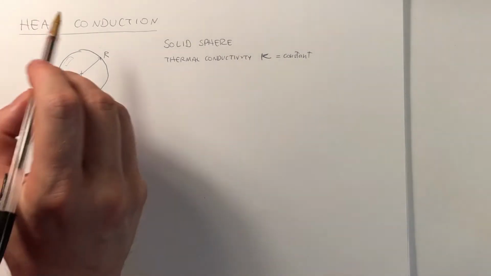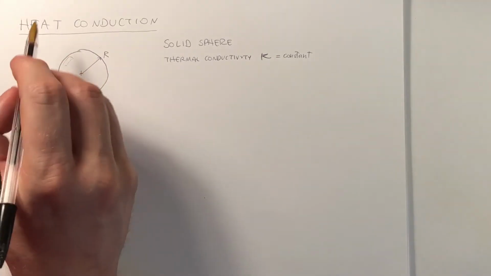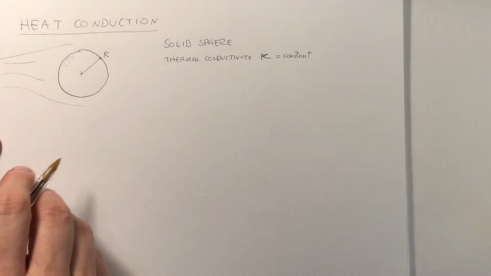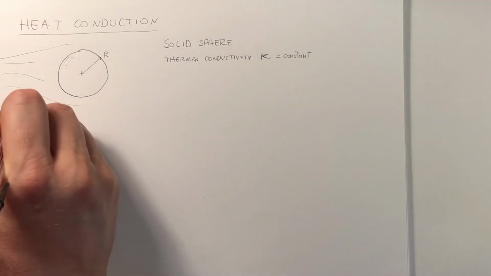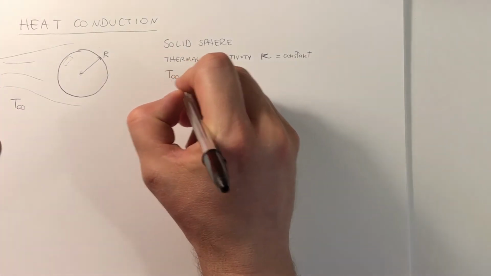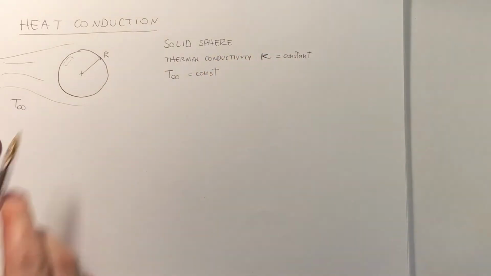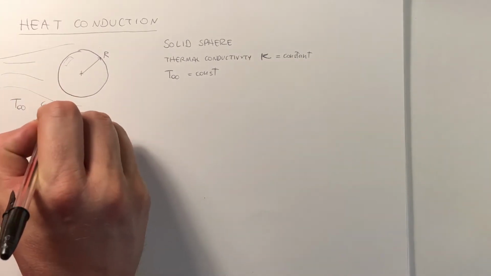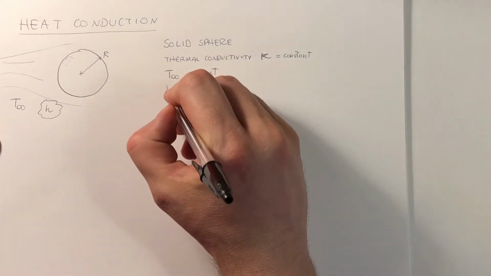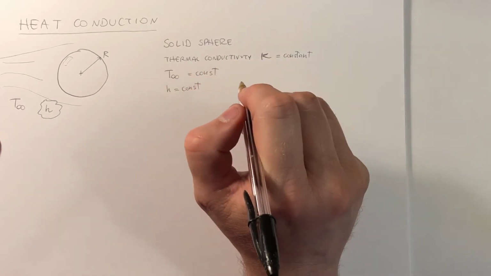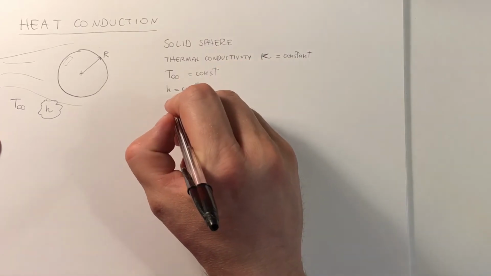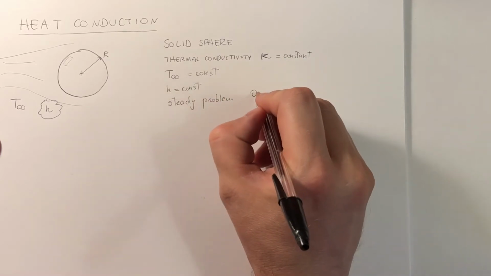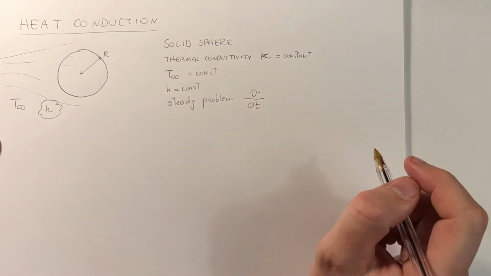So this sphere is cooled by flow, and this flow is of a certain temperature T infinity, and we assume that T infinity is a constant, and this flow cools the sphere with a certain heat transfer coefficient h, and so h is also constant. So a further hypothesis is that we have a steady problem, so we can neglect the partial derivative with respect to time,